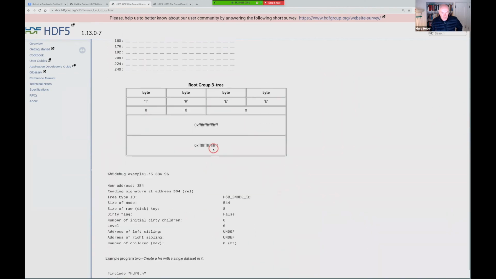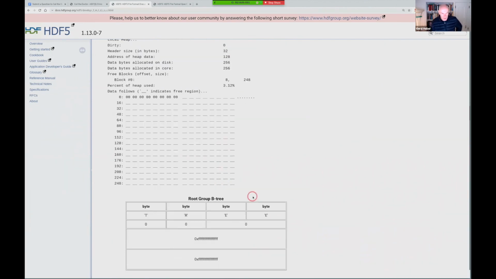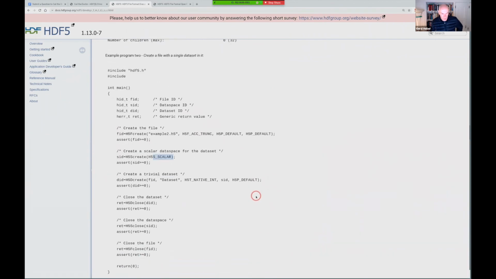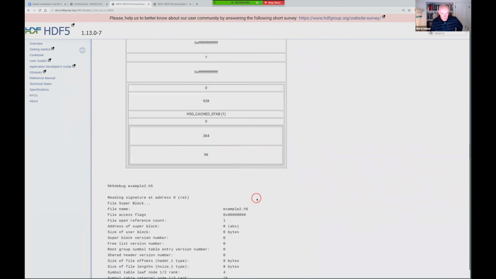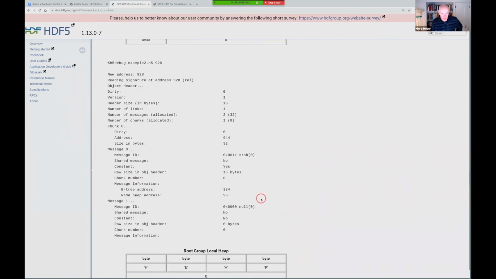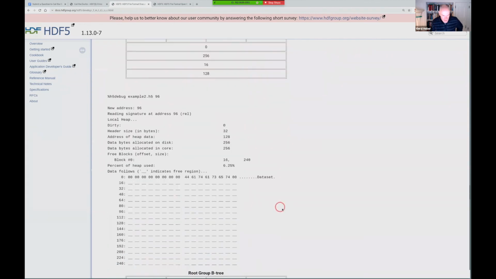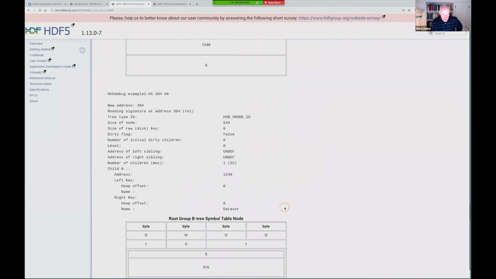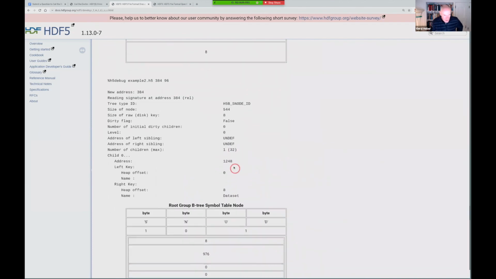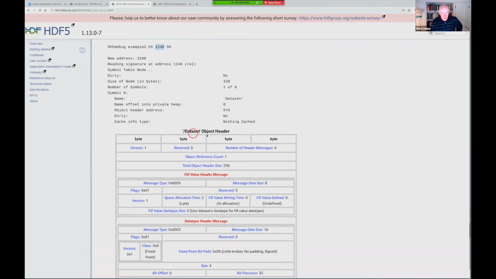And then you can compare the output that you got from an empty, in double quotes, HDF5 file with the output from h5debug that you get when you add a data set. So we will discover, for example, where the address is of that data set, and then we can actually see. So here it might be the 1248, yeah. So this is where the data set is located, and then we get a data set object header, and